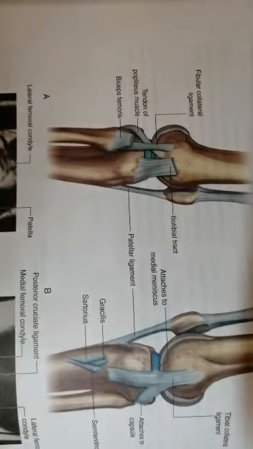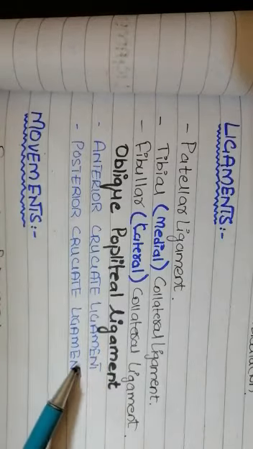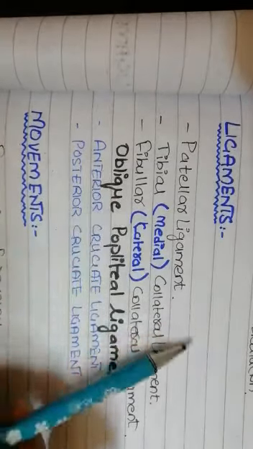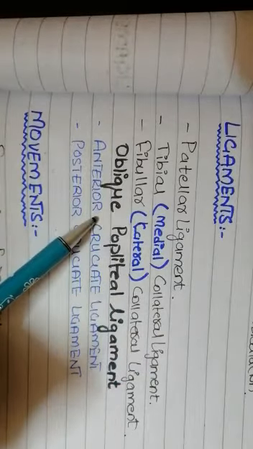It is attached with the tibia. And these are certain cut sections of the tendons. Now coming to the three more important ligaments, the remaining three ligaments include the oblique popliteal ligament, and the anterior and the posterior cruciate ligament. The oblique means that it is present in the oblique direction, and it will attach to the popliteus muscle and is present on the lateral side of the femoral condyles.